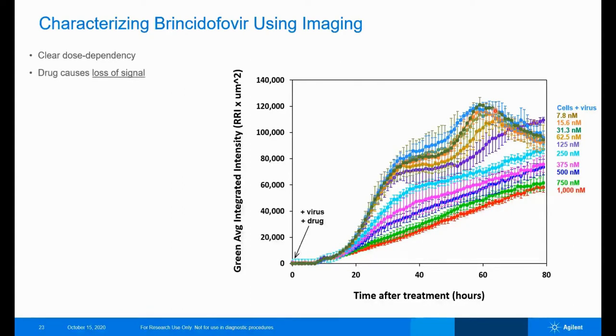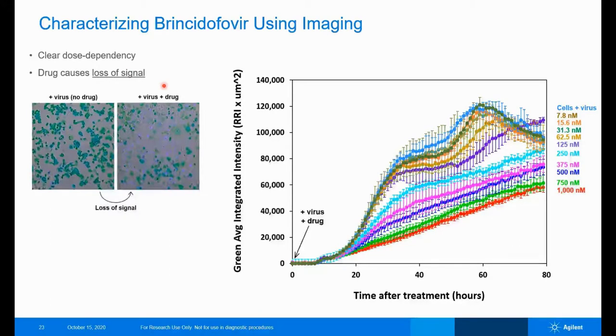Now, this is an example of an assay format where there's loss of signal. And it's important to note that there's an inherent ambiguity when you try to interpret loss of signal data. Very clearly, when we go from no drug to drug, there's a reduction in the amount of GFP that's there, but we don't immediately know how to interpret this. One explanation is that Brincidofovir is indeed inhibiting the virus, but alternatively, it may be the case that Brincidofovir is actually inhibiting some of the host cell machinery. For example, if Brincidofovir inhibits the host cell ribosome, then that would suppress the ability to translate the virus GFP's mRNA.